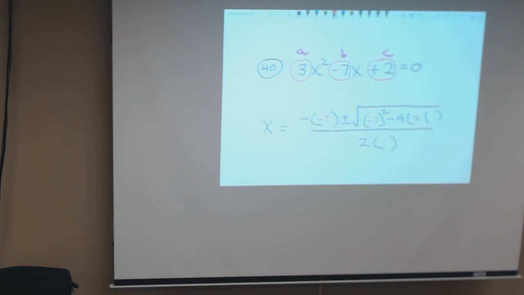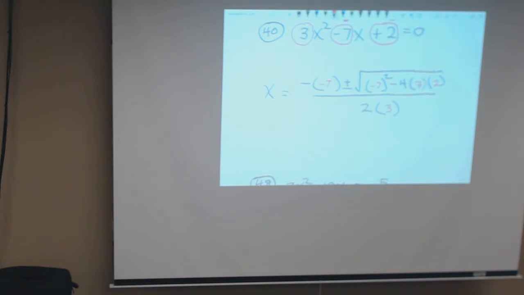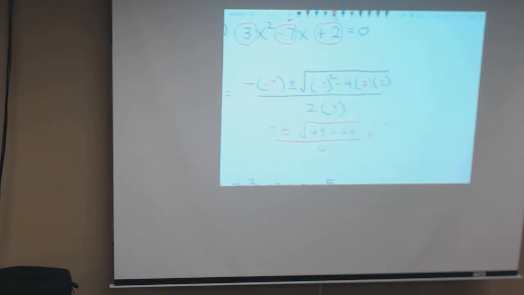3 times what goes here? C, 2 over 2 times what? A, 3. So now we have the opposite of negative 7 is 7 plus or minus, what would that be? The square root of 49 minus 24, all divided by 6, which equals 7 plus or minus 49 minus 24 is the square root of 25